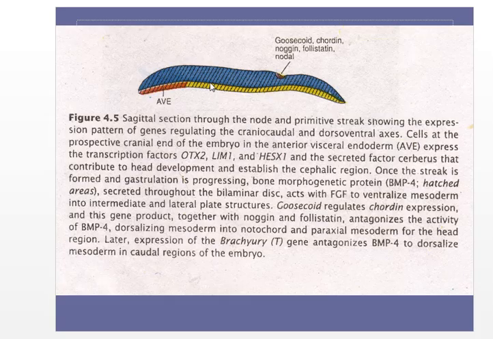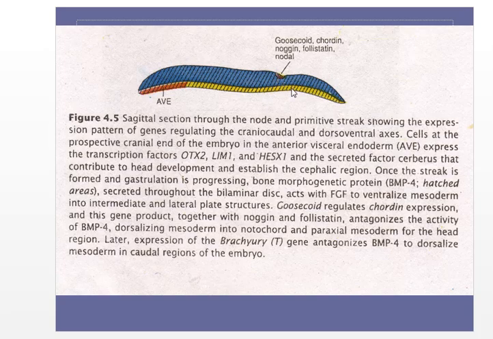Once the streak is formed and gastrulation is progressing, bone morphogenetic protein BMP4 is secreted throughout the bilaminar germ disc. This factor acts with fibroblast growth factor to ventralize mesoderm into intermediate and lateral plate structures. It means that when we have a high concentration of BMP4, the ventral body wall of the embryo is formed. But in the dorsal regions,